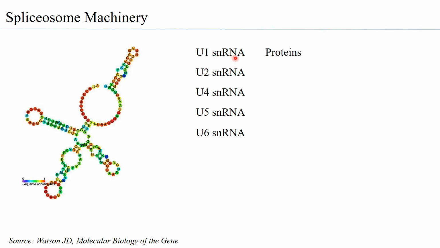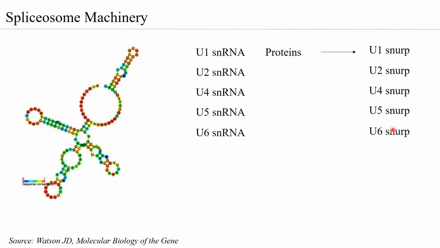So when U1 snRNA is bound by proteins, the U1 snRNA becomes stabilized because of its interaction with proteins. Together they form what is called a ribonucleoprotein, and so this is called U1 snRNP. Another very popular example of a ribonucleoprotein is the ribosome itself. Of course, these snRNPs are much smaller compared to the ribosomes, but they are examples of ribonucleoproteins. Similarly, when all of these bind to proteins, you will have U2 snRNP, U4 snRNP, U5 snRNP, and U6 snRNP. So snRNP is basically an abbreviation for small nuclear